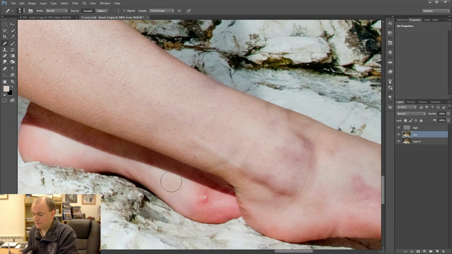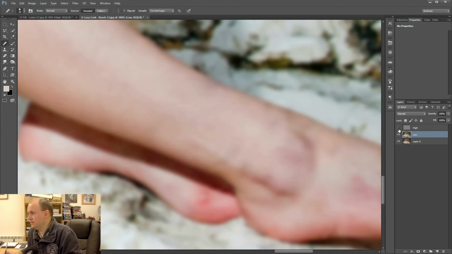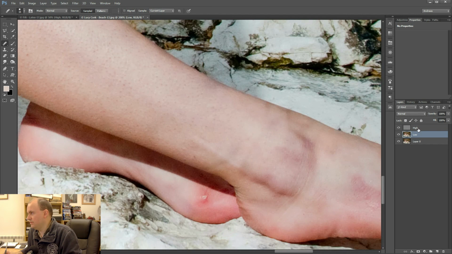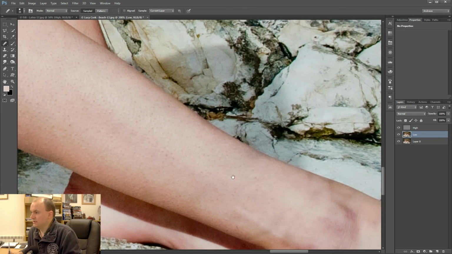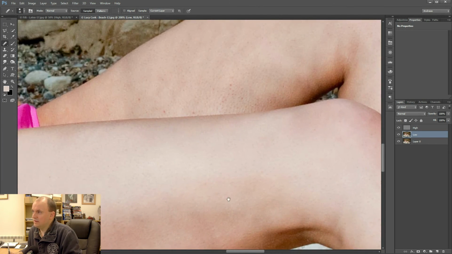Now, she's got a little bit of a sore area on her foot here. So for that, if I go to the blur, you can see it's pretty much not there on the blur. So the detail bit's going to take that out for the most part. Okay, it leaves a slight red area, so you can just go here and get rid of that. Take out some of this red, that kind of thing. So it's great for that kind of